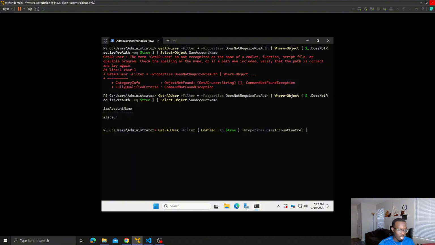Boom. From there, we're going to do where object, and then we're going to actually specify this property, user account control, then